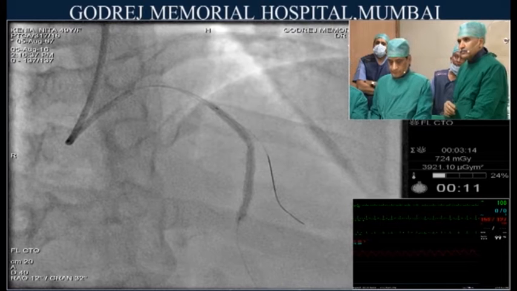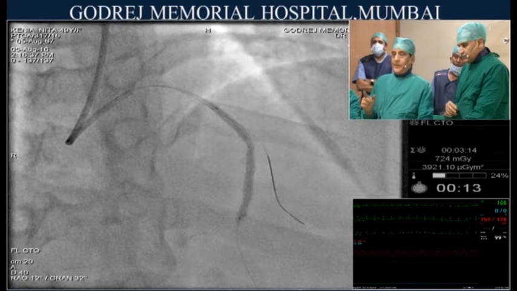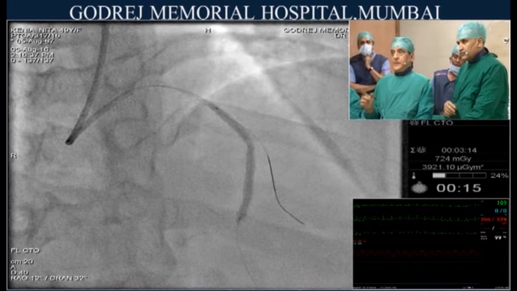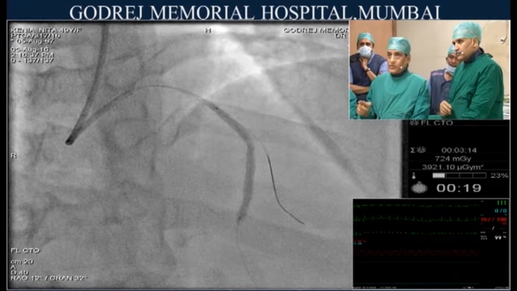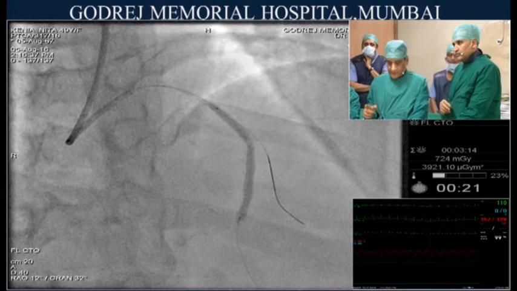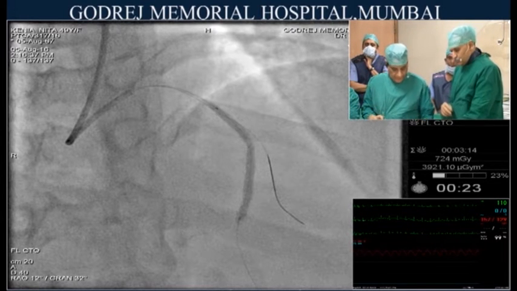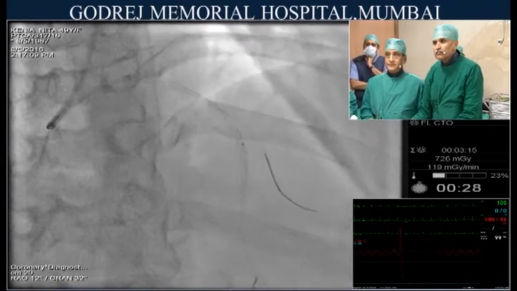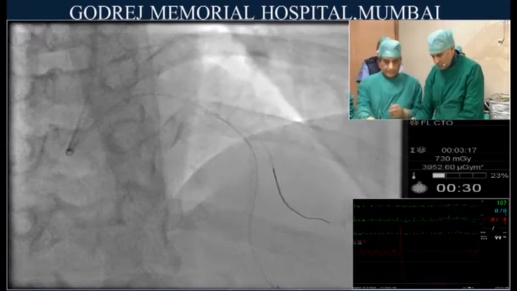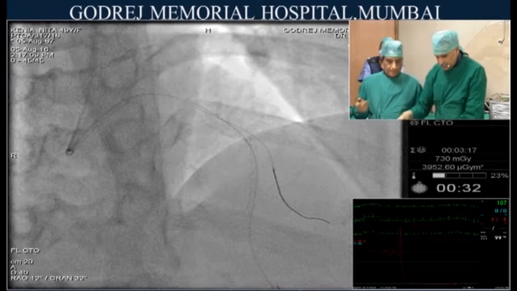Right. And now the question will remain, and it is debatable: do you post dilate, or do you take the wire out of your side branch, recross it, and then post dilate? So I think we'll ask everybody's opinion. Let's bring this one in the guide. Good. Yeah, we take this one out with no use.